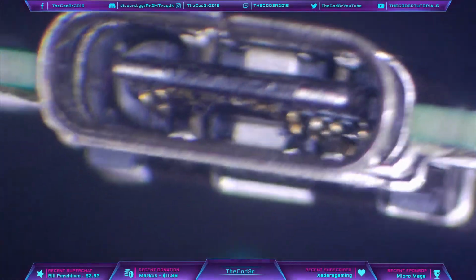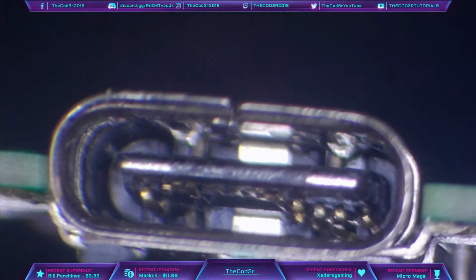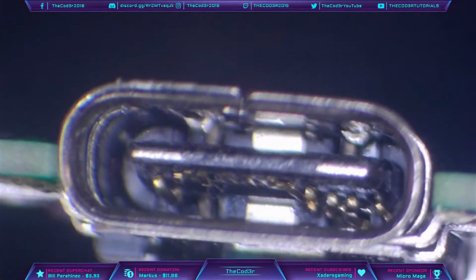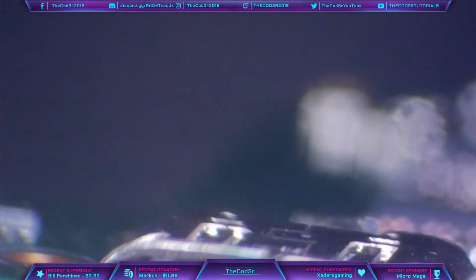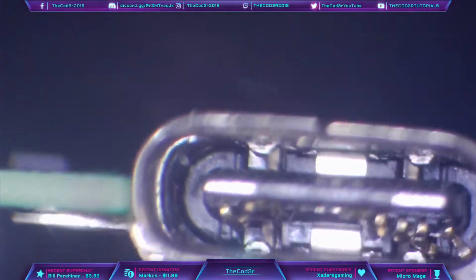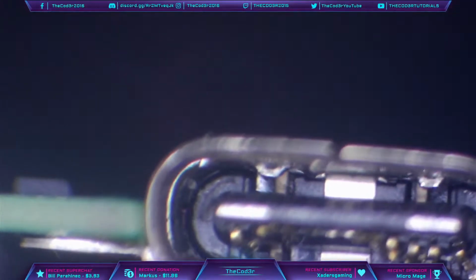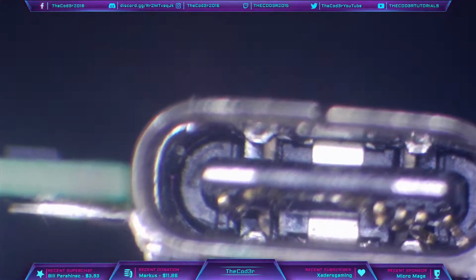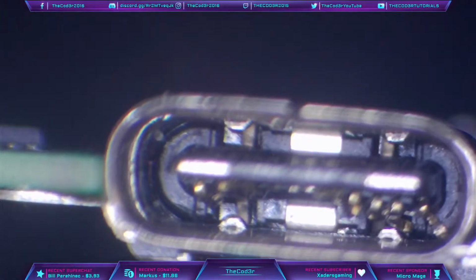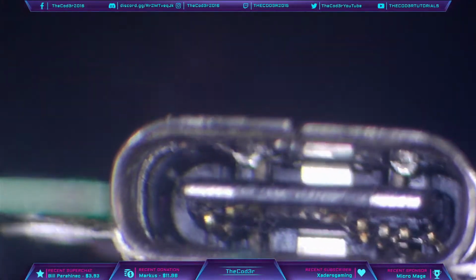Okay, so taking a closer look at the port, you can clearly see that that is very badly damaged, and that is definitely going to need to be changed. So we can see one pin is definitely touching the chassis, and then there's ground touching one of the data lines on the left hand side there as well. So the end pin is touching the one next to it. That side's fine, but that's going to be the cause of the